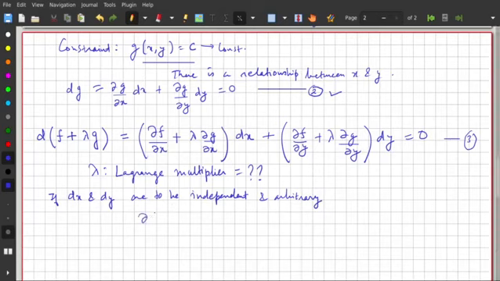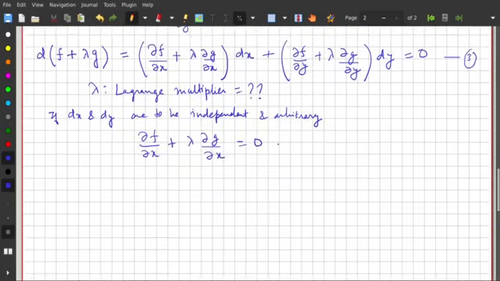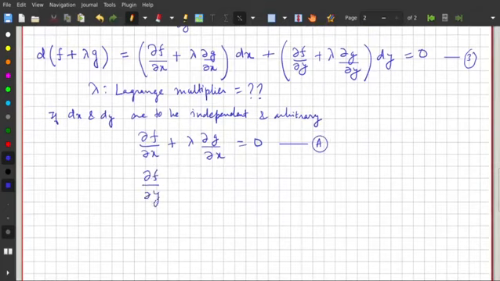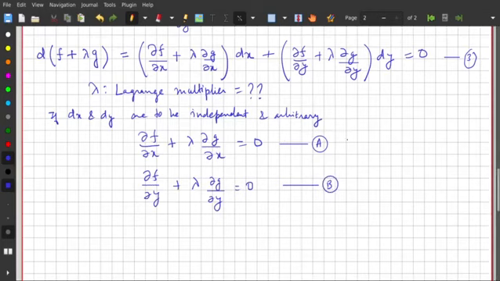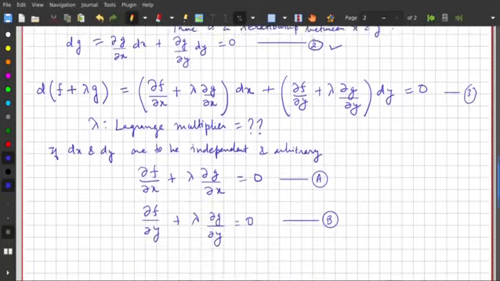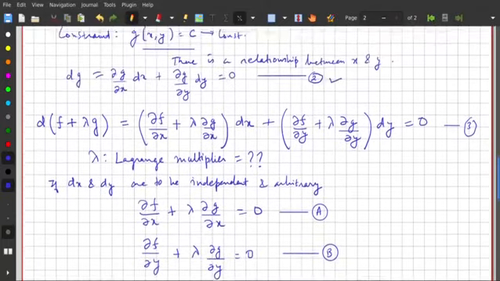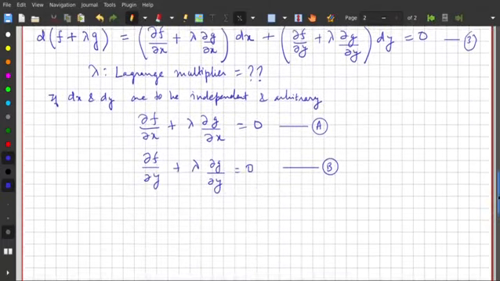So that means partial f partial x plus lambda partial g partial x should go to 0. That's equation A. And partial f partial y plus lambda partial g partial y equals 0. That's equation B. Given these two conditions need to be true for a particular lambda,